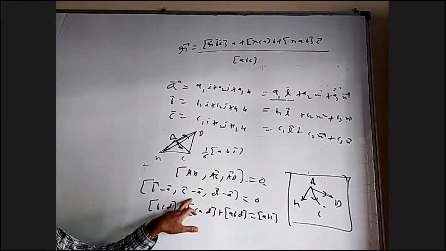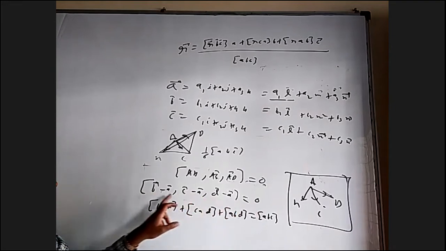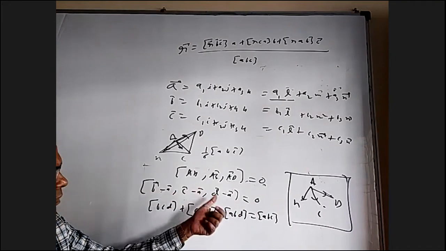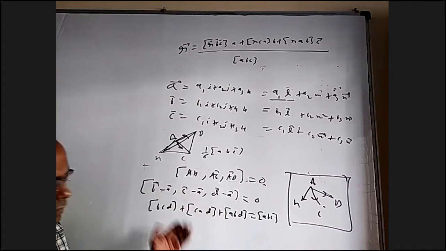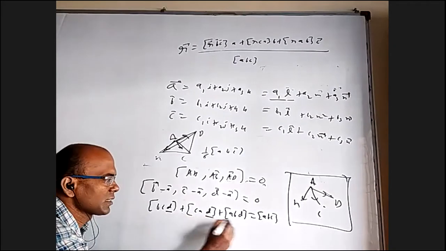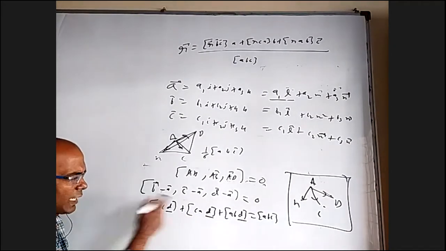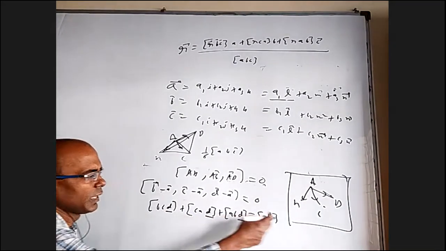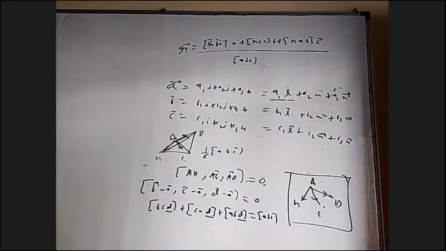How did we get this? After expanding this, you'll actually get 8 boxes or something, but many of them are 0. You'll be left with 4 boxes. One box is sent to that side. You can see a pattern. D is here, D is here, D is here. This is BC, cyclic order CA, cyclic order AB. And what is here is ABC. We can remember it like that for coplanarity.